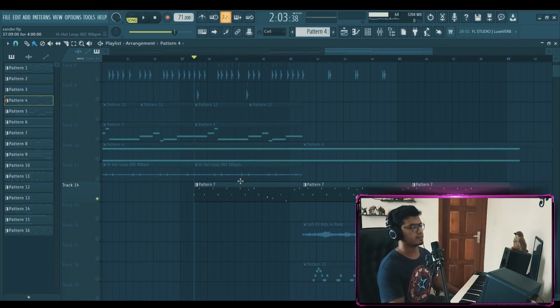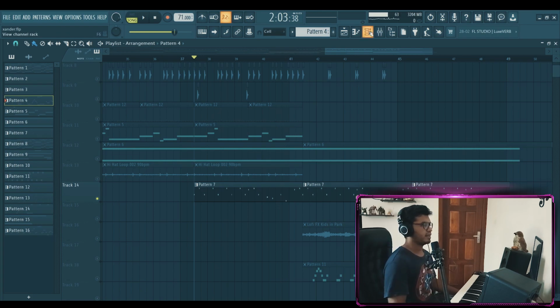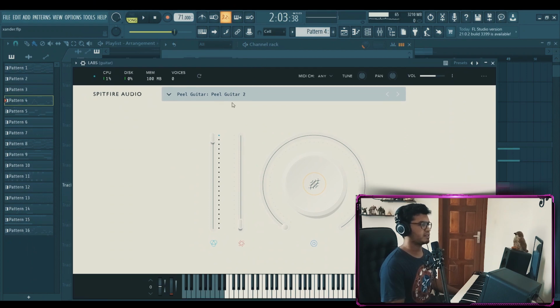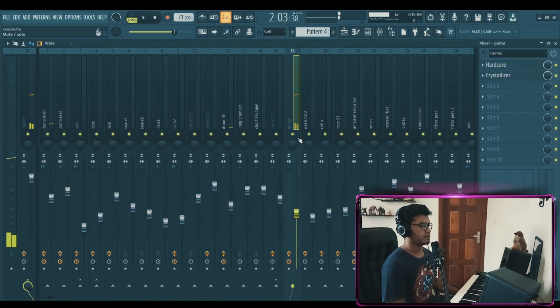So this guitar is a secret sauce that I use to get that realistic sounding ambient guitar. I usually mention this in my other videos, but then I only mention half of it. I don't mention the other half because I don't always use it, but I'll just mention it right now. The guitar sound that you're hearing is the Pedal Guitar 2, also Spitfire Audio. I'll just play it without the processing. You can hear the stupid vinyl, but